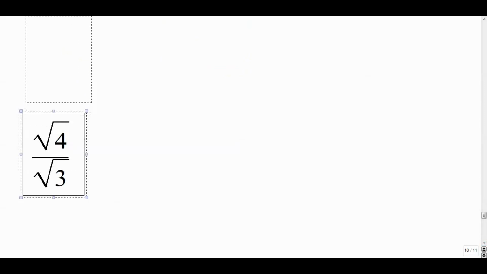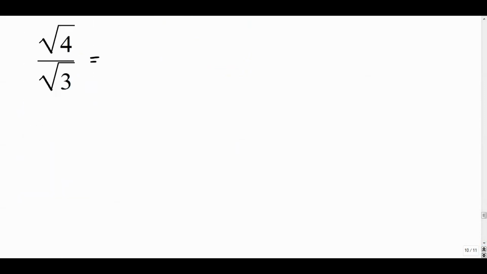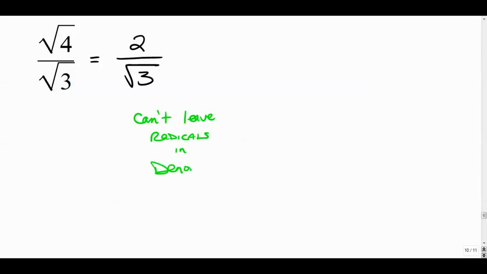What happens when you have this though? We've got ourselves a division problem. The square root of 4 I know is 2. Square root of 3 I don't know. This is one of those sort of tenets of mathematics. You cannot leave radicals in the denominator. Not allowed. So in order to sort of eradicate that and get rid of that radical, we're going